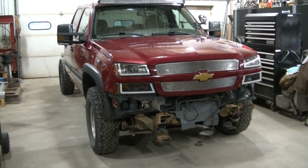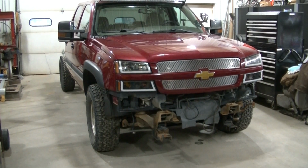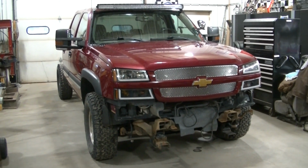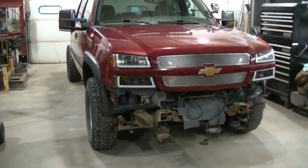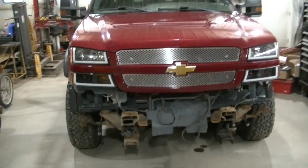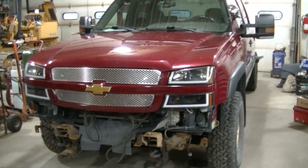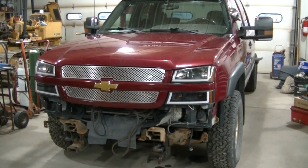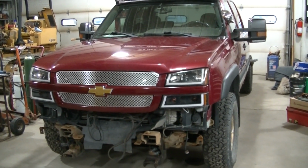I really don't know what to do with this thing. I traded a few things to my dad to get this thing. I don't have any money in this thing, so it's basically a free truck. So I don't really have money in it, and I don't really know what to do with it. It's got a lot of issues, and